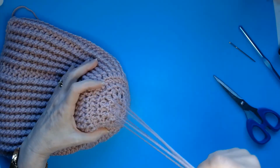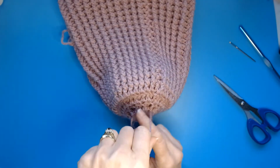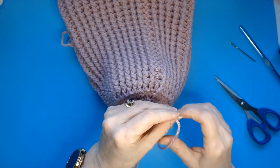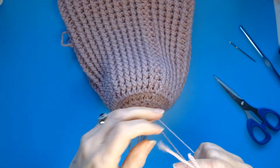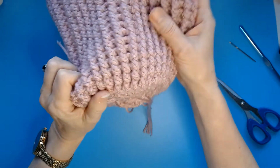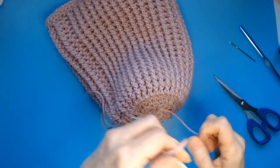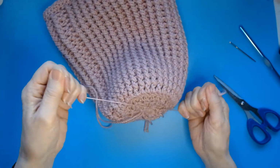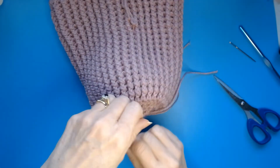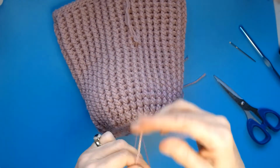So you'll have 6 tails showing like this, and what to do is take 2 and tie knots in them really tight, as tight as you can pull them without breaking the yarn, and I generally do 3. Okay, so 1 knot, 2 knots, 3, and then the last 2, pull it really tight, 2,